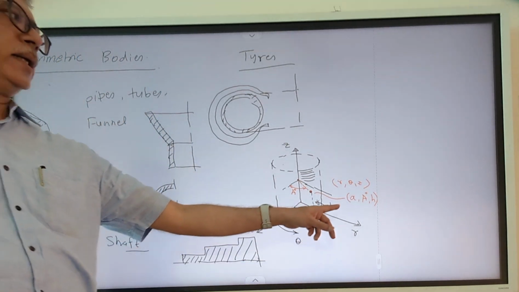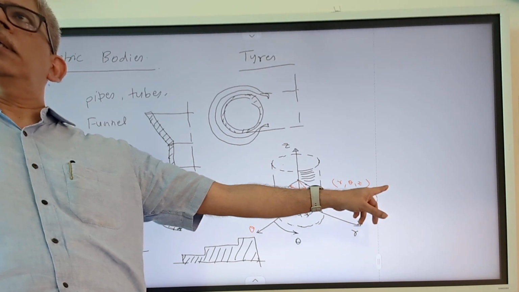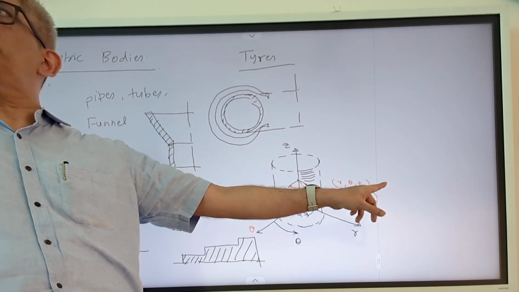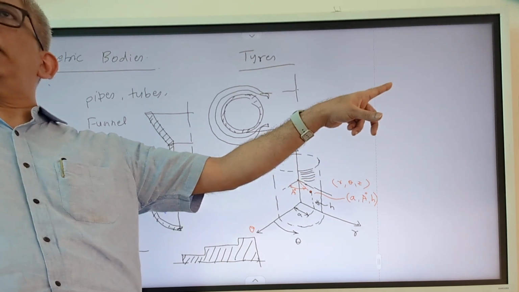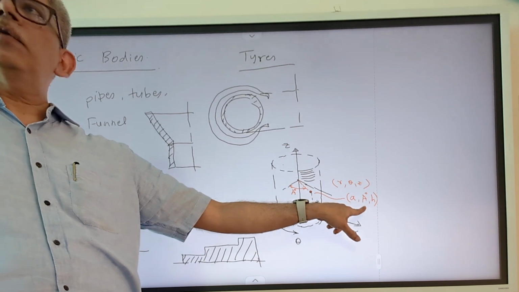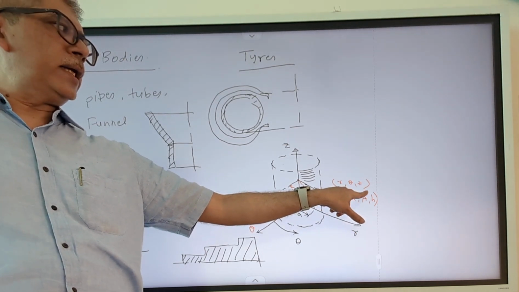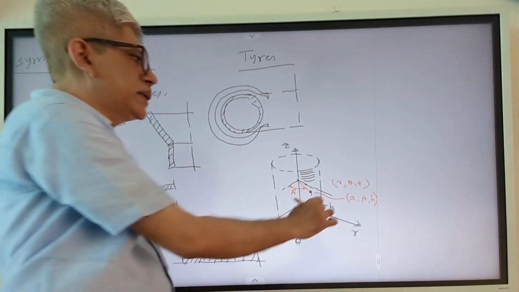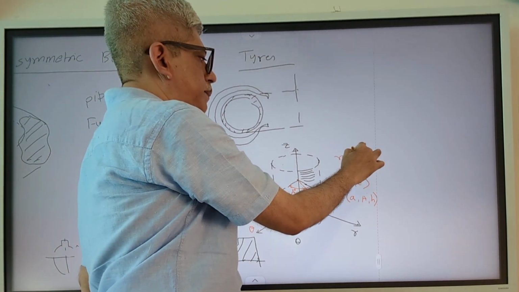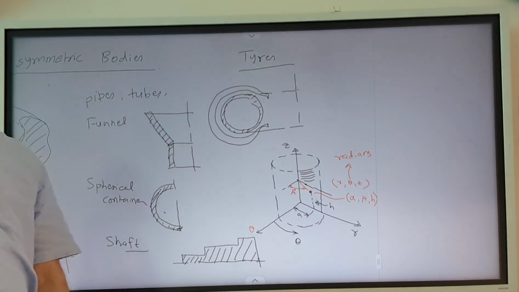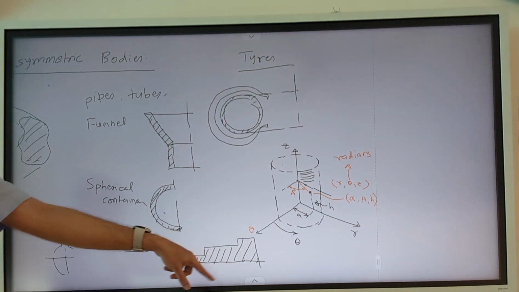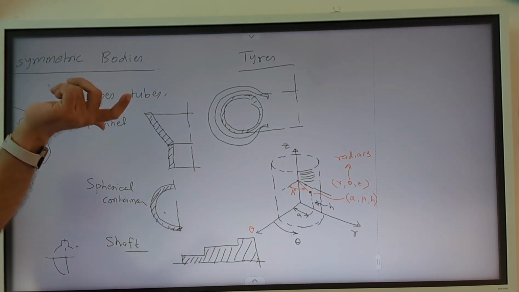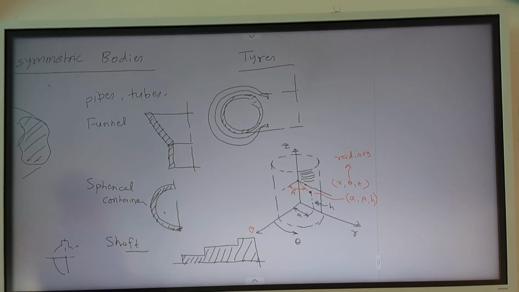So when somebody says that 1, 2, 3 is the polar coordinates of a point, that means the radius is 1, the angle is 2, and the height is 3. The angle is measured in what units? I have written degrees here. Usually it is not in degrees, but in radians. So this theta is always in radians. Whenever coordinates are given to you, they will be in these coordinates. So the geometry of the body can be expressed in terms of r, theta, z, and the stress analysis can also be performed using r, theta, z.